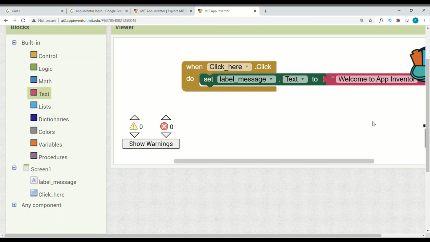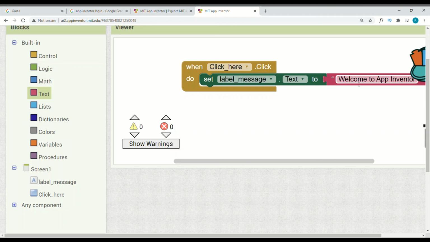You will hear a click indicating that the blocks snapped together, and the workspace should look like this. The first block indicates the button and the middle block indicates the label, and in the text we are taking one empty text block, dragged from the built-in operations. I have already written welcome to App Inventor.